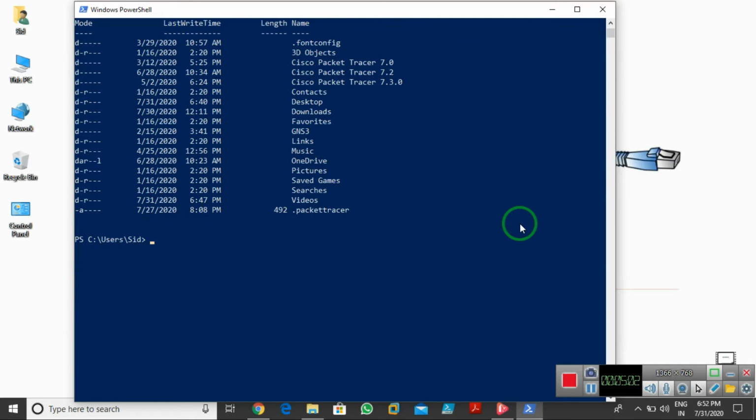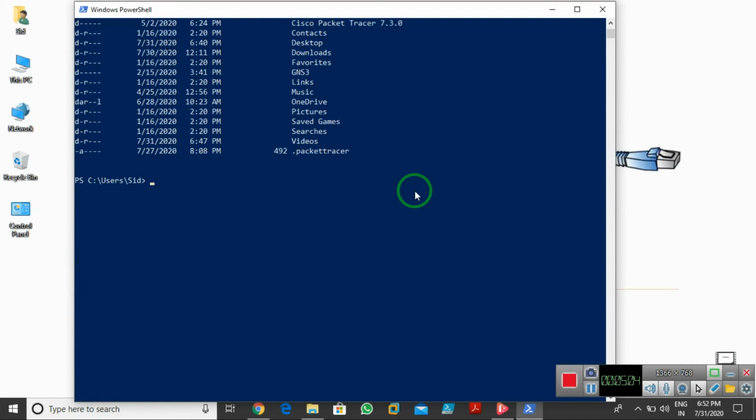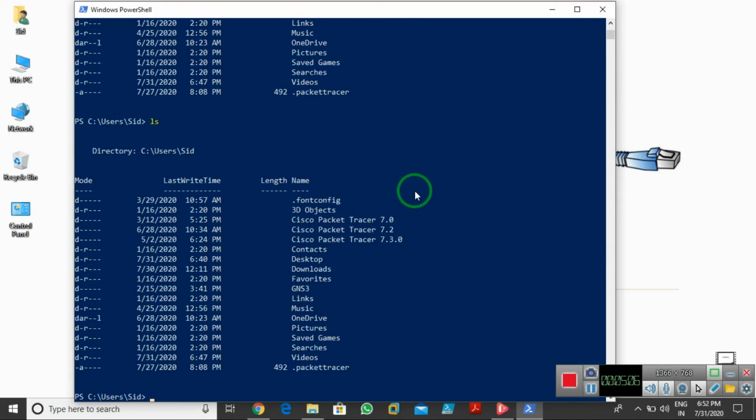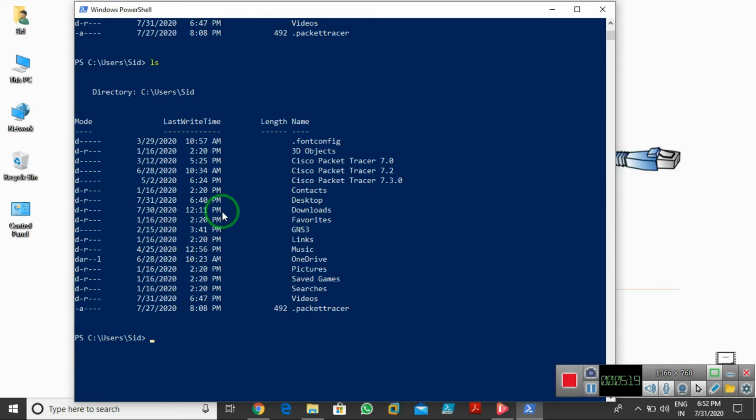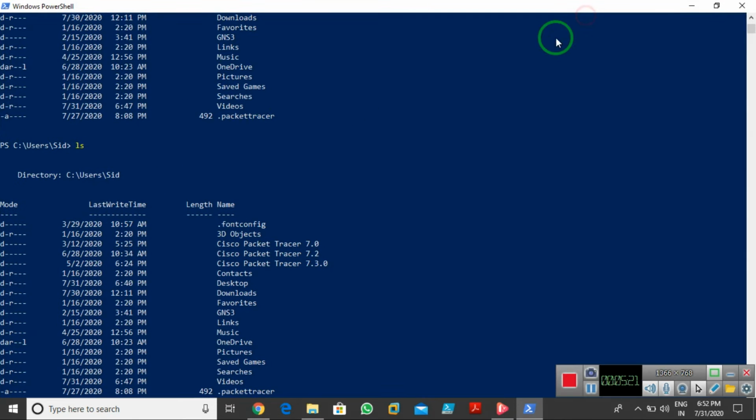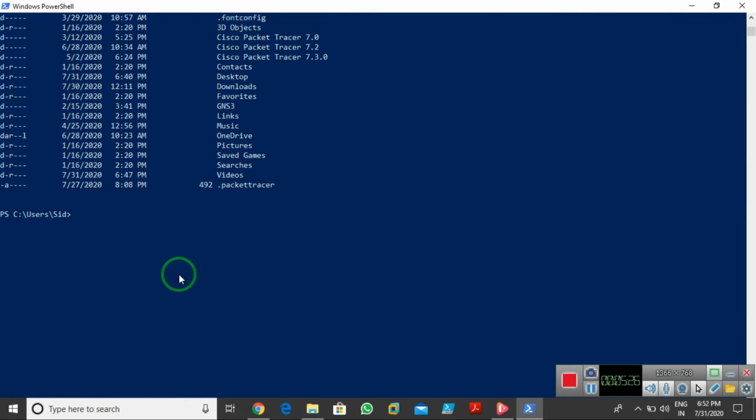Now if I use Linux commands, we can use ls. If you enter it, as you can see, the Linux command is also running over there. So PowerShell is based on Linux, as you can see. Those who know Unix or Linux easily manage PowerShell. So we have the ls command also to check the directory. Like dir and ls, we can use both commands.